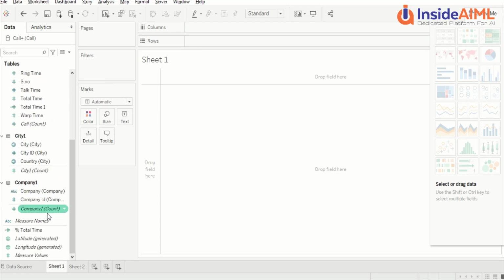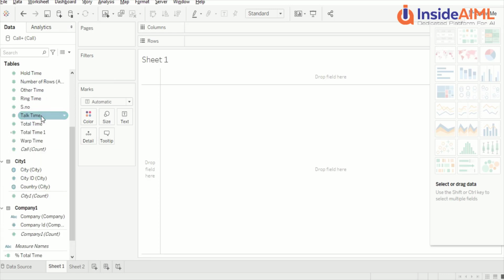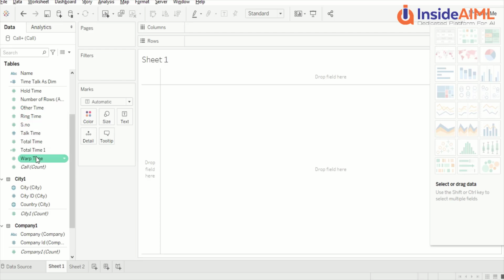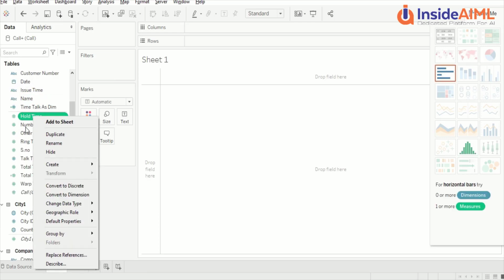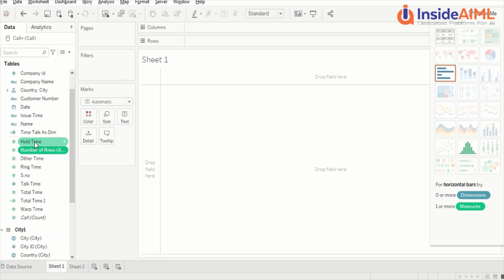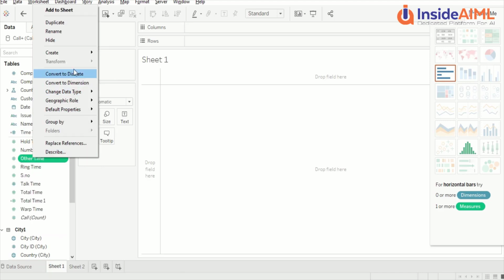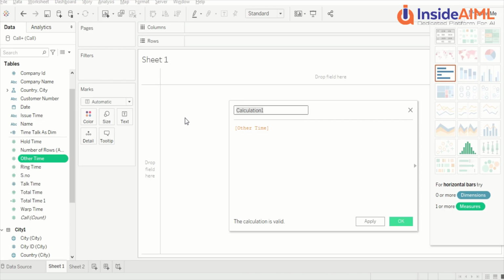We already created the measure, total time percentage. We need one more measure, which is remaining time percentage, or other time percentage, and we have this other time already available here. So how to create a measure? We can right click at any place here, or we have options above also. Right click on the other time or any of these, and you get an option for create calculated field. Under the calculated field, if I want to create a measure, I need to just aggregate the data, then it will become a measure, otherwise it will become a calculated column.